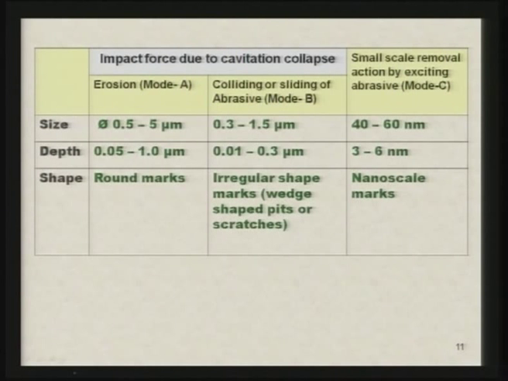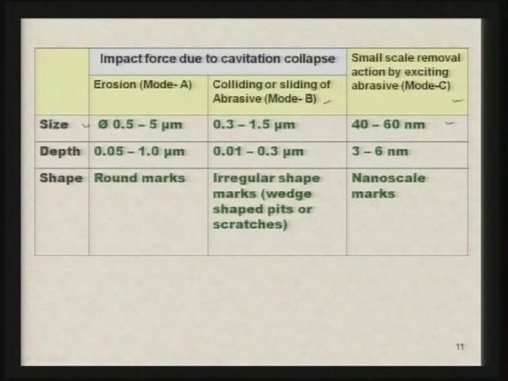Now, when abrasive particles are hitting the workpiece, some of the researchers have proposed that erosion may take place in three different modes. One is mode A, that is the erosion. Second is mode B, that they have called as colliding or sliding of abrasive, and mode C, that is the small scale removal action by exciting abrasive particles. The size of the crater formed in these three different modes are different. In the first, A, it is somewhere 0.5 to 5 micrometer size. In the second, B type, it is 0.3 to 1.5 micrometer size, and in the C type, it is 40